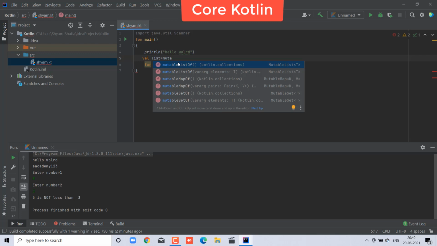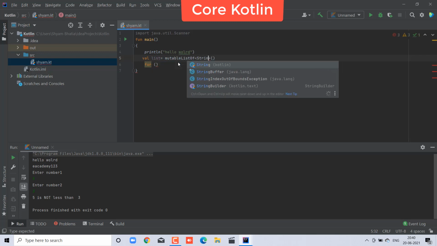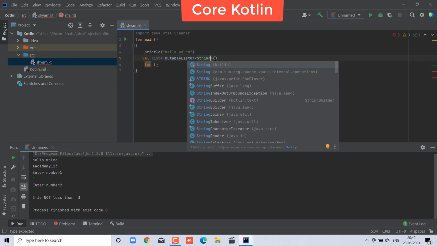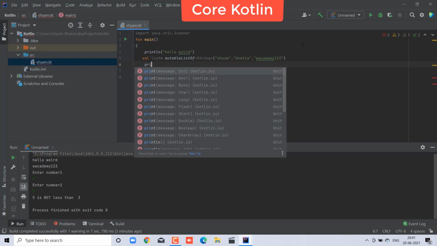Before that, mutable list, because we can add. And here we are taking strings and passing the values of all strings. Let's say Sham Bhatia, followed by a comma, and again our channel name, let's say E Academy 123, etc. Whatever you need, then input everything.